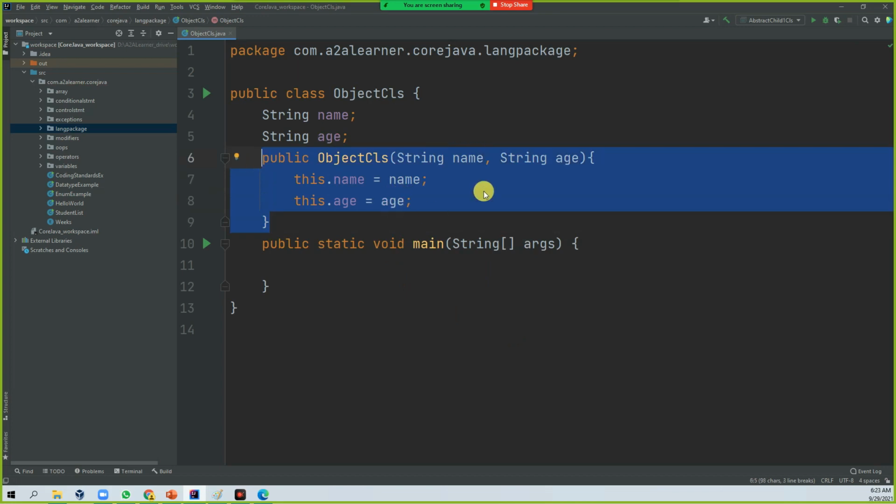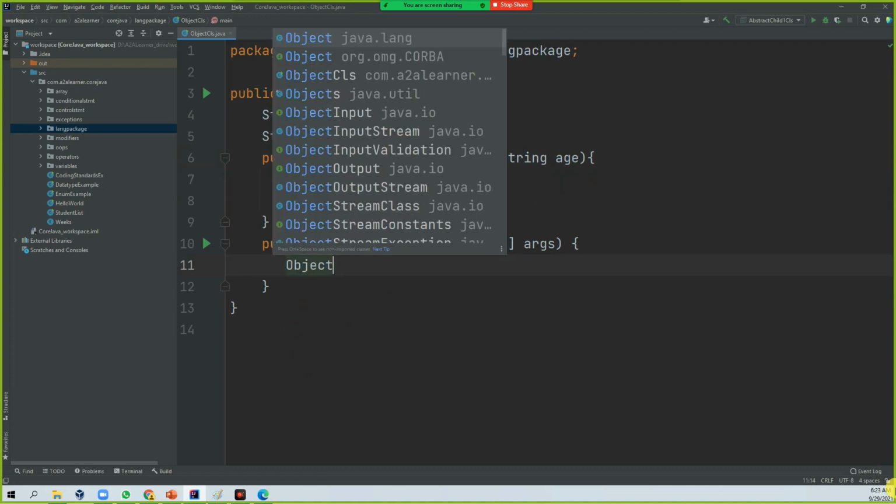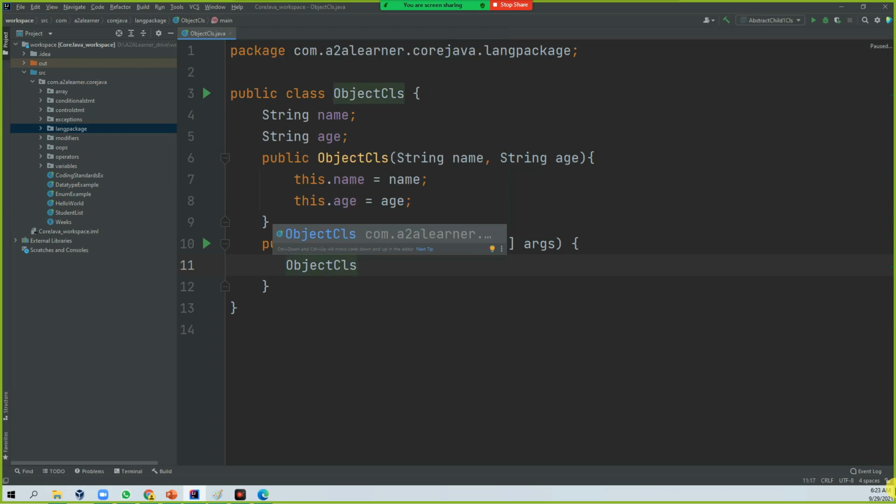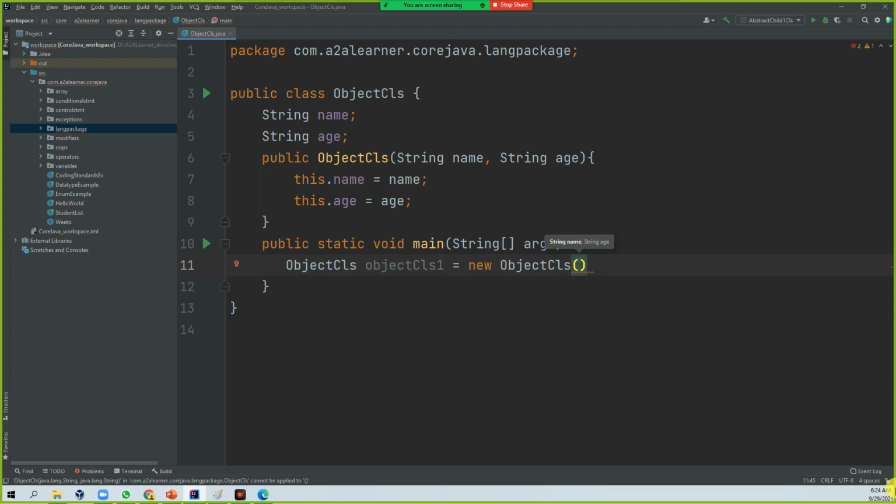So when I create the object, I can simply pass the parameters to this constructor. Here ObjectCls object1 = new ObjectCls, and I need two parameters to make this object.